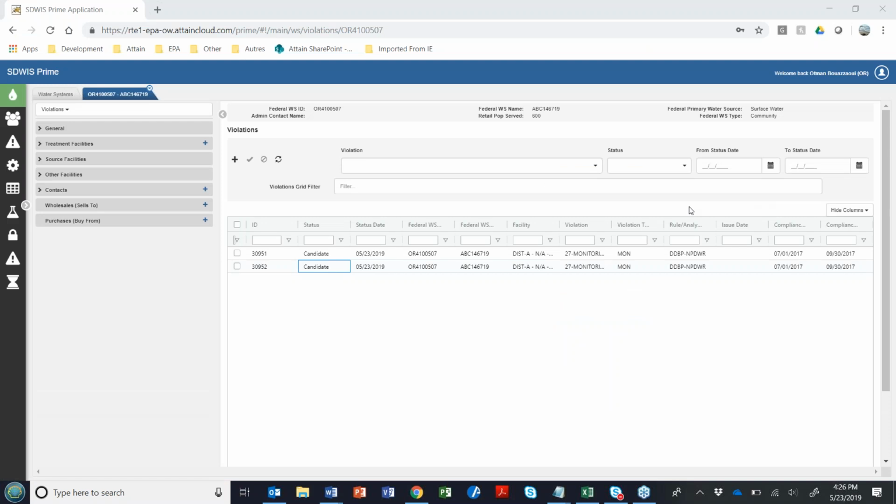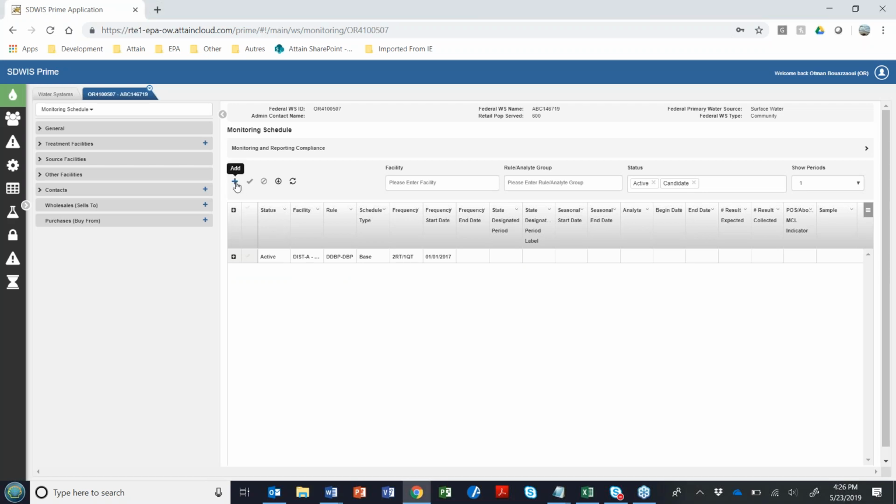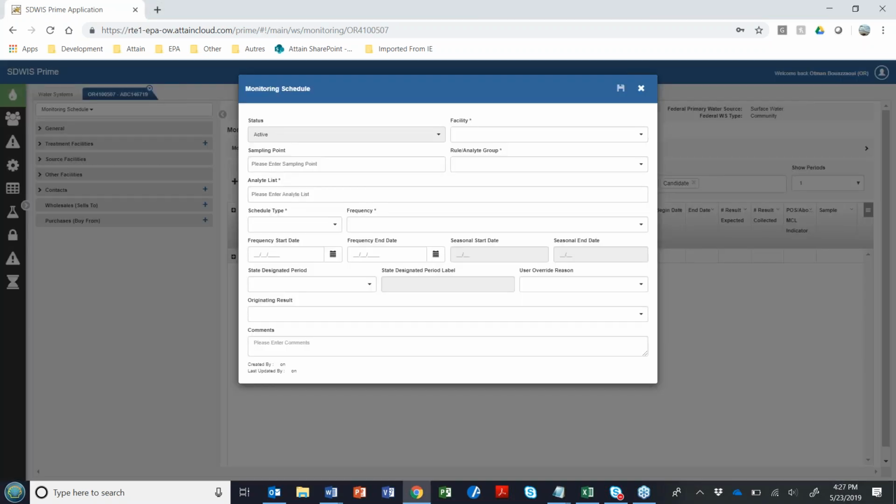Thank you. Very good. Another question came in wondering about setting a specific week of a specific month in which to require the DBP sampling. There is currently the ability to set the specific month each quarter, but not down to the weekly basis. The ability to do it at the weekly basis is in as a requirement that will get prioritized at some point. Otman is showing you right now that state designated period is how that works.